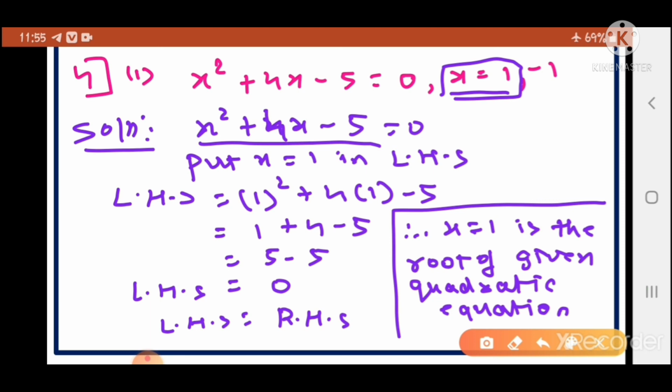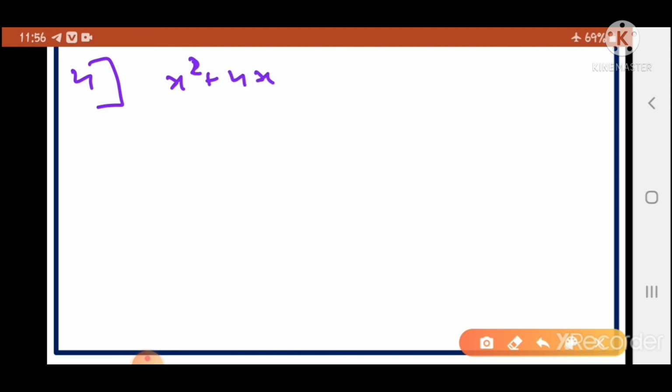ओके, नाउ what you will do in the same sum, now you will substitute x is equal to -1. ये देखिए ना, दूसरा वैल्यू इधर दिया है x is equal to -1. ये सब्सटीट्यूट करके देखिए क्या ये भी LHS becomes equal to RHS आ रहा है इसमें भी. So we'll do this. I'll rub this sum. Is it clear with this part? Okay. मैं फिर से सम्स लिख देता हूँ. x² + 4x -5 ये इक्वेशन था राइट.